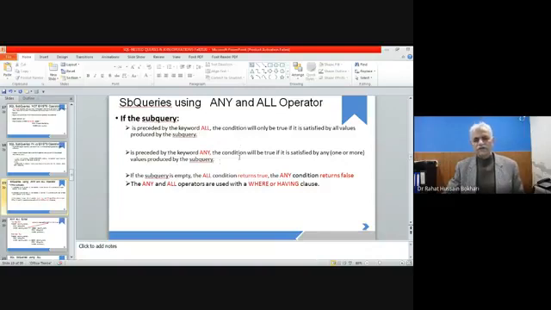If a subquery is empty, meaning the subquery hasn't given any row, the ALL condition returns true and the ANY condition returns false. The ANY and ALL operators are used with the WHERE and HAVING clauses. That you have to consider.